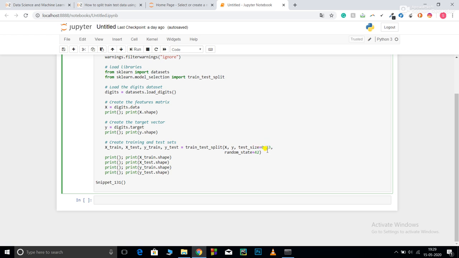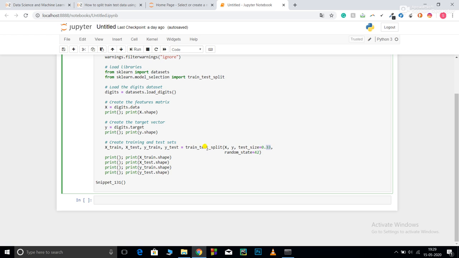Test size is basically the percentage of data you want to be in your test set. If I set 0.25, this means my test size is 25 if my total data set is 100, and the training is 75. Over here I have given 0.33, so this means one third of my data is in the test set, whereas two-thirds of my data is in the training set.